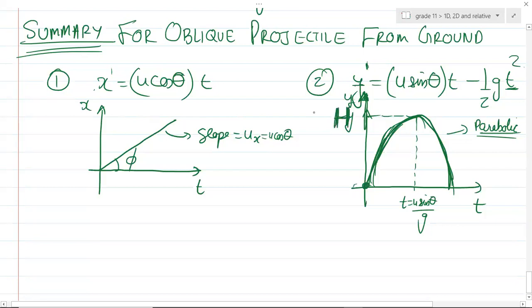So in the notes you have been given how this came out, right? How it came out that t is equal to u sine theta by g, right? Yes. I'll just check that. Okay, no problem.